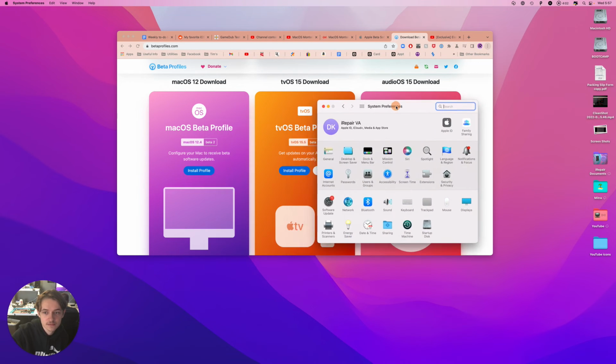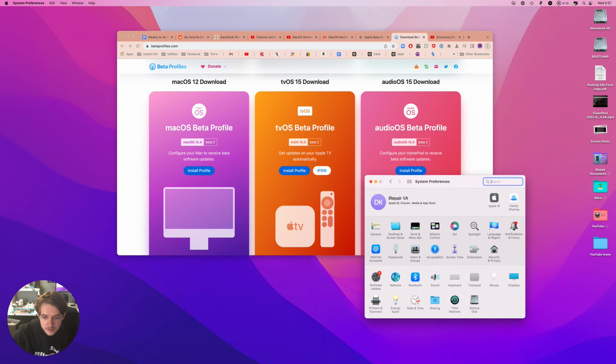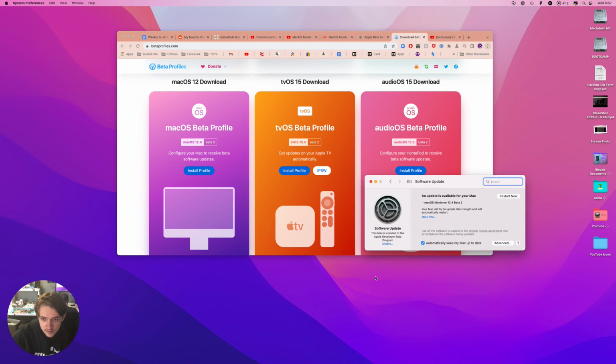Once again, once you download the utility, it's pretty immediate. You go to System Preferences, this app, search it up, Software Update, you install it, and just for the fun of it, I'm going to click Restart Now